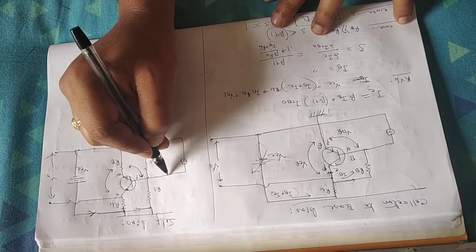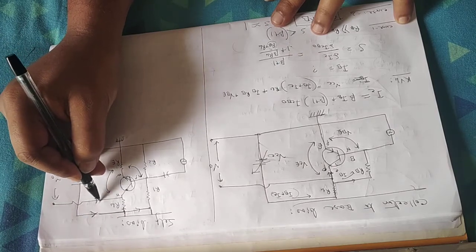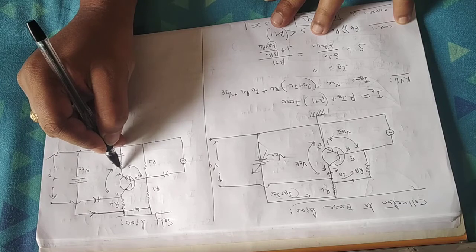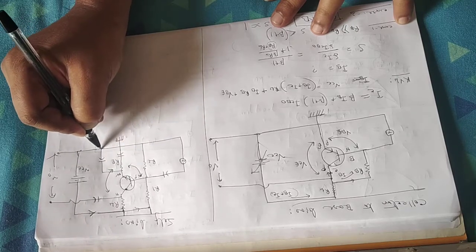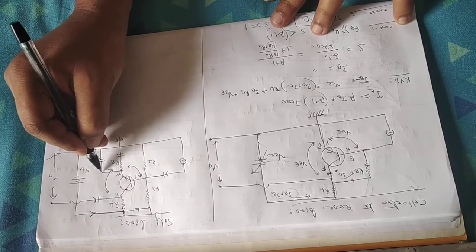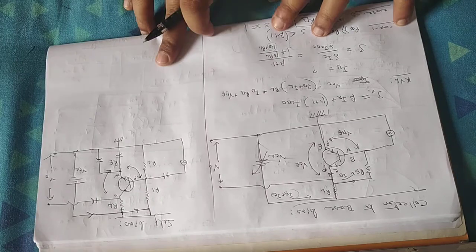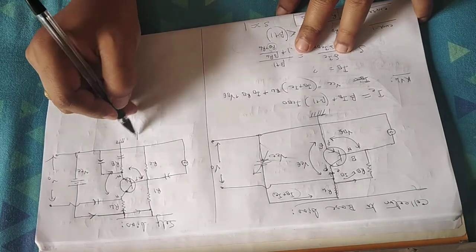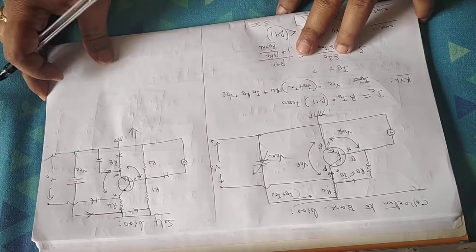In some books you will find that 2 capacitors are adjusted like that. You can put the capacitors here. Here also some capacitor is adjusted like that, or there is a bypass circuit to make it ground well. In some books you will find that, but this is not very necessary from the point of view of transistor biasing. Calculation with that circuit is a little difficult, so this circuit is converted into an equivalent circuit with the help of Thevenin's theorem.